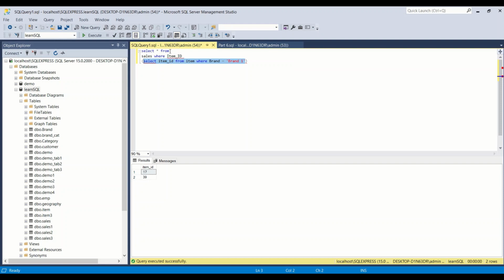Now what I need to do is select star from sales. Let's do a little formatting of this one, where item ID, and here you have to say in. Let's move the parenthesis separately so that we can read it out. Fine. So what we are getting here is select item ID from item where brand equal to brand one. Only two item IDs we got, and now I'm passing this in here, where I'm saying where item ID in